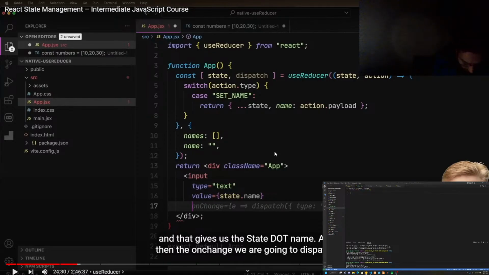constant state dispatch equals to use reducer